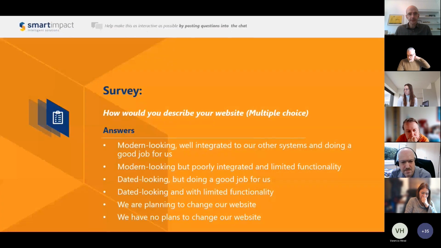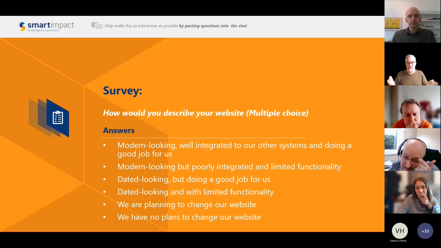So, final survey. If we can publish this, how would you describe your website? Is it modern looking, super integrated, doing a great job for us, which is what you can achieve? Is it modern looking, but doesn't quite integrate and doesn't do all the things we want? And then various degrees back to, yeah, it's dated, or we need to change it, or actually we're just stuck with what we've got. So if you'd like to vote on that,